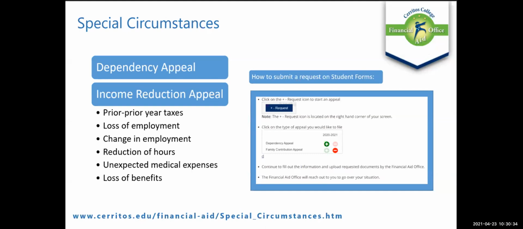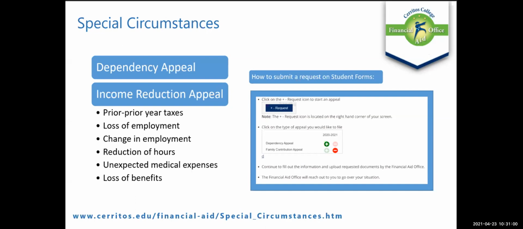Even if it wasn't COVID related, let's say a family member in your household has cancer, for example, and they have high medical bills from that, we can consider that in the appeal process. We will have to request additional documentation to be submitted, but we definitely recommend following up with our office. And it's an easy process that you as the student can initiate.